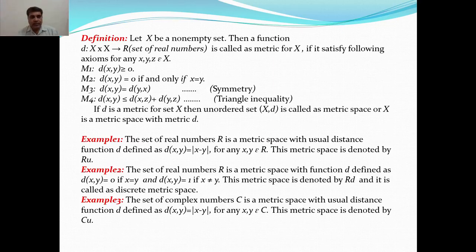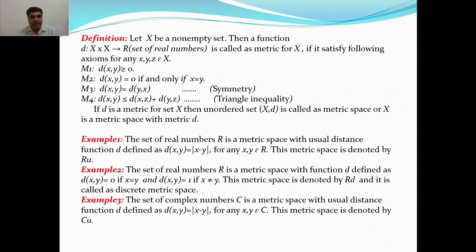An additional property is that if I take three real numbers a, b, c, then mod of a minus b is less than or equal to mod of a minus c plus mod of c minus b, which is the triangle inequality of the modulus function. And the modulus, the difference between two numbers, represents the distance between them, which satisfies certain four conditions.